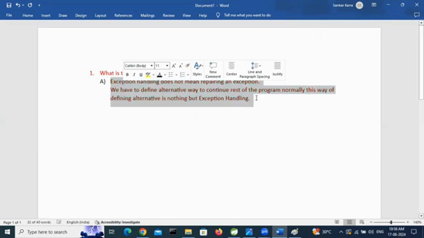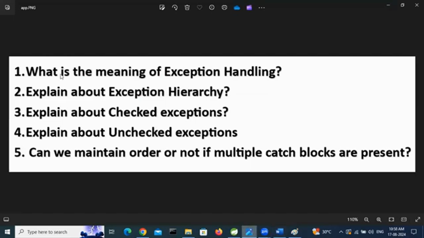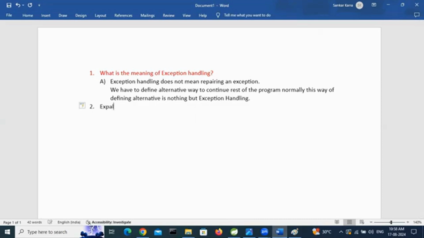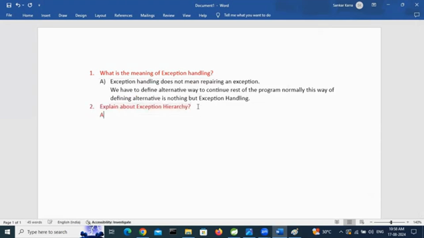So, black color. Second question here: explain about exception hierarchy. Explain about exception hierarchy. So the answer is